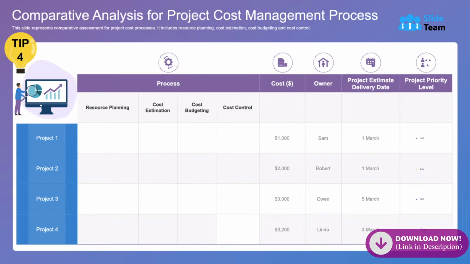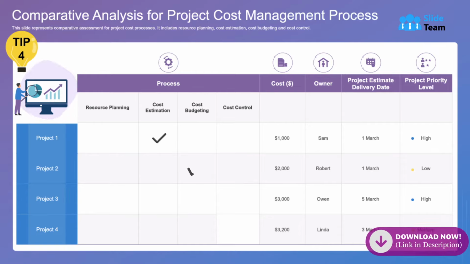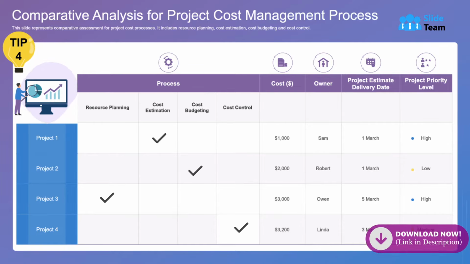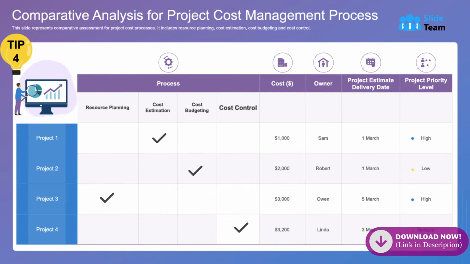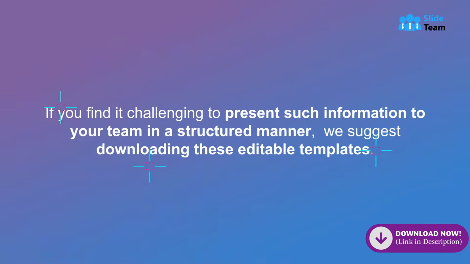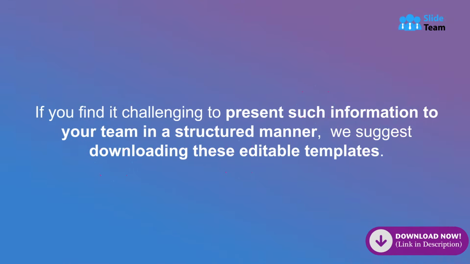Tip 4. An ideal cost management process includes 4 stages for practical comparative analysis: resource planning, cost estimation, cost budgeting, and cost control. If you find it challenging to present such information to your team in a structured manner,